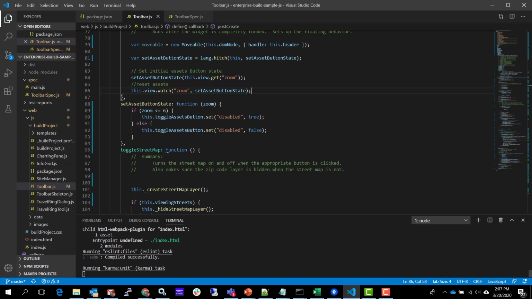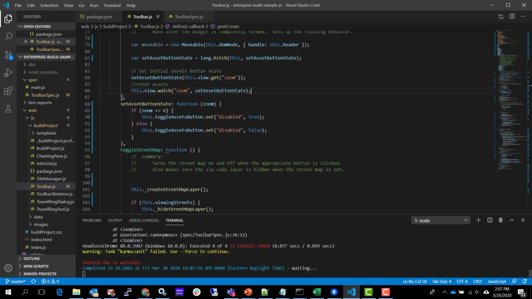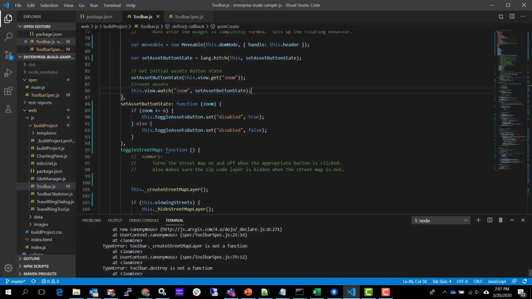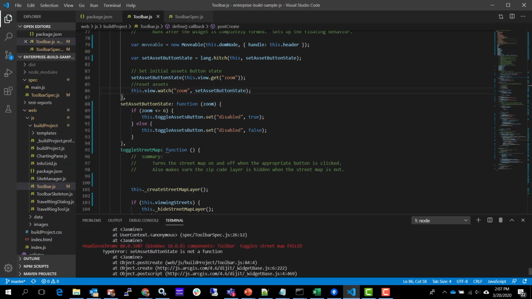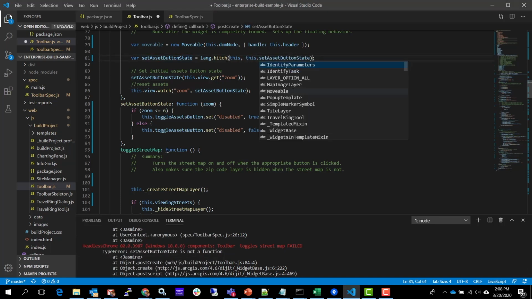We'll see that our file was first linted, and now it's going through Karma unit testing, and it fails again. We can see in this case that it wasn't able to find the function. If we properly scope the function and save again,